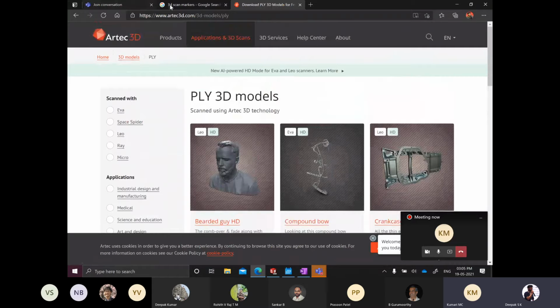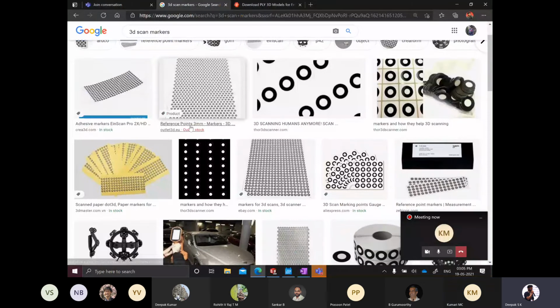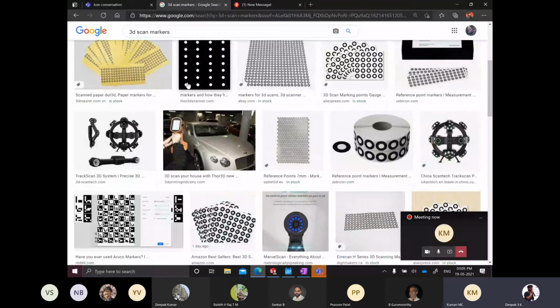So the cloud point data collection starts with reference markers. The popular ones are 3M markers. In case there are intricate designs or intricate surfaces which you want to get data of, for example, mostly extensively used in automotive engineering, automotive design, the industrial design expert or the automotive exterior design expert does clay modeling for the car. And then once the clay modeling is done, they have to somehow extract the data and give it to the computer.